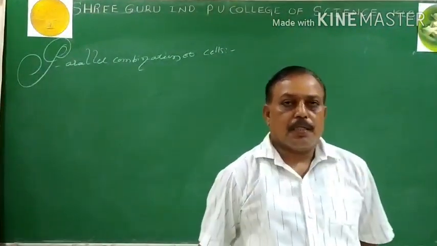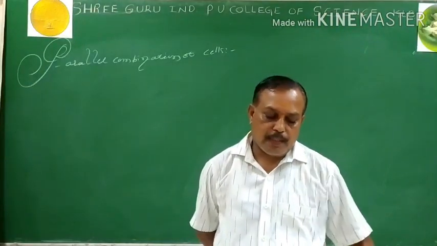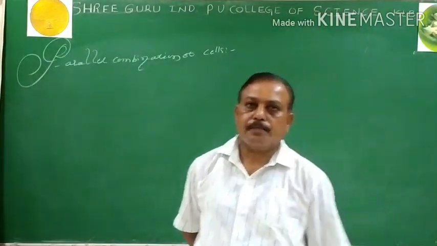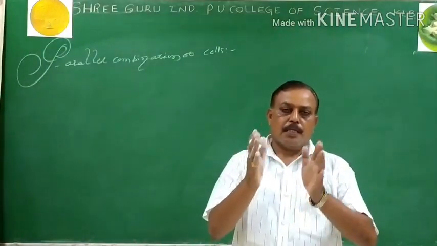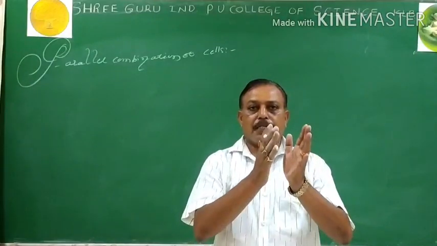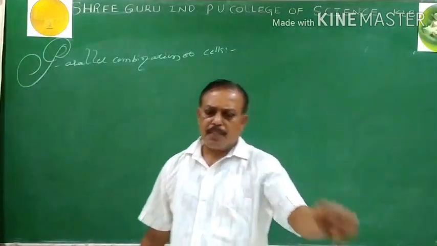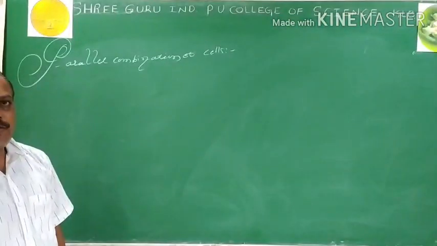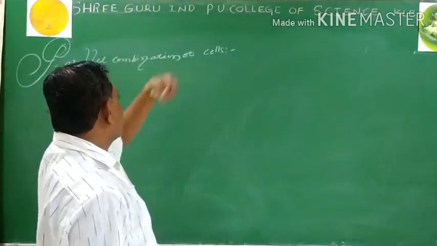What is a parallel combination? Connecting the circuit elements between the two components. Either you can connect a capacitor or a resistor. Similarly, I go for cells. Connecting the circuit elements between the two components so that the potential difference across the combination is the same, but the current divides. The similar concept I use here for the combination of the cells. For a combination, how many circuit elements are required? At least 2. So I take here 2 cells.